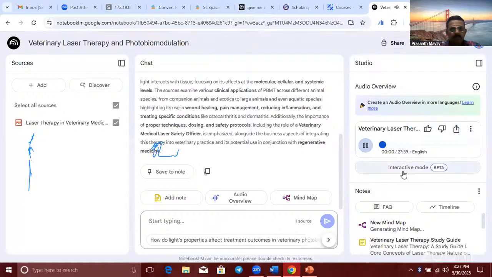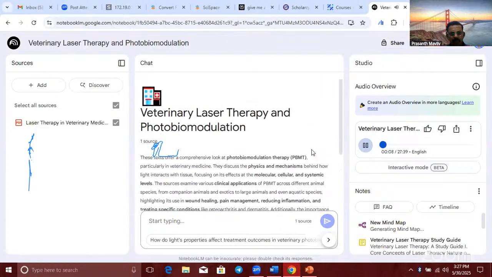Welcome back to the deep dive. So you've handed us quite a stack of material this time. Articles, research papers, even some of your own notes. Yeah, that's right. All focused on one topic. Oh, Laser therapy in veterinary medicine. exactly. And our job today really is to go through all of this stuff you've gathered and pull out the key insights, the important nuggets about this. Well, this light-based therapy for animals. It's officially called photobiomodulation therapy, right? PBMT. PBMT, yeah. Or sometimes just photobiomodulation, PBM. Okay, so we're going to unpack.